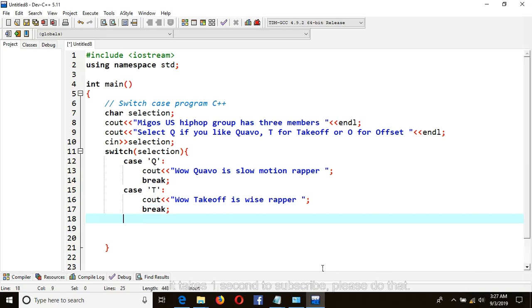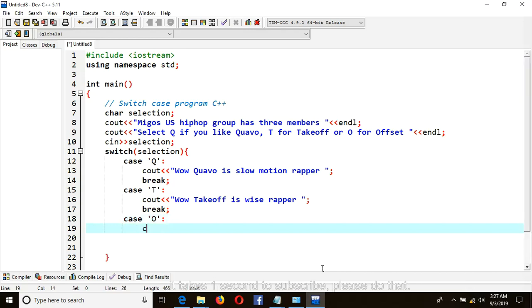case O for Offset, Cardi B husband. Okay, cout. Wow. Offset is cruel rapper. As you can see, dancing style of Offset shows he is cruel rapper. So